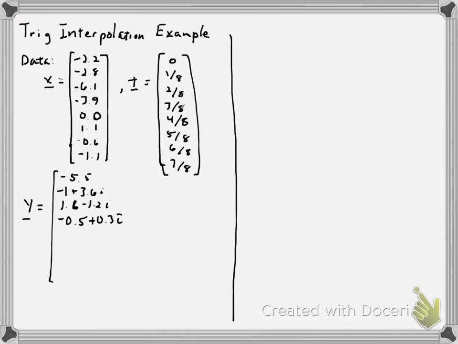The fourth entry is actually real as well, so basically the n divided by 2 entry